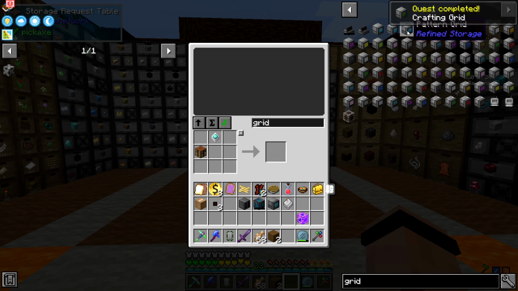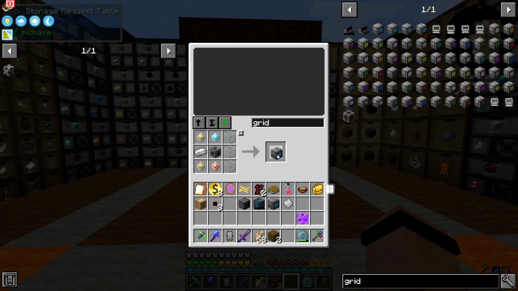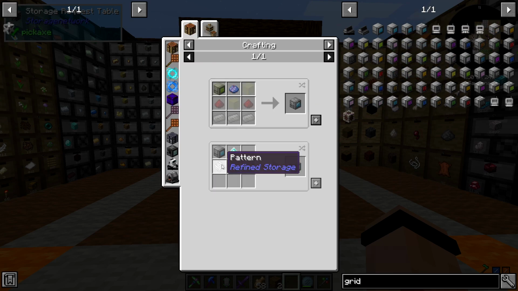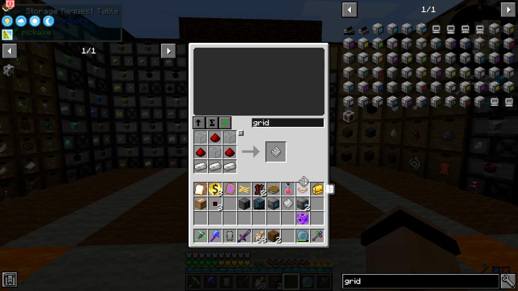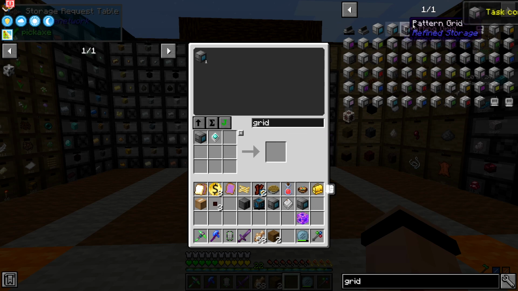Okay, and you know what? While I'm right here, let's grab a couple of these, actually. Let's get fluid and another one, whatever it is, a pattern grid. So I'm going to need to make a pattern, and we'll throw that in there, and I'll throw this in here, and we'll get ourselves a pattern grid. Very cool, and we'll get ourselves...